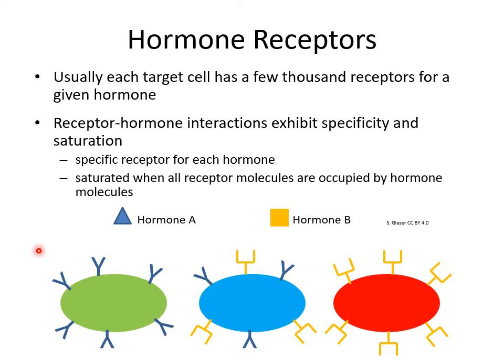And there's a maximum number of hormone molecules that can bind to the cell. There's a certain point where every receptor is bound to a hormone. When that happens, we have the maximum response. The cell cannot respond any stronger to this hormone because every receptor it has is bound and activated. But frequently, only a fraction of these receptors will actually be bound to the hormone because not much of the hormone exists. So there's an ability to have a graded response. With an increasing amount of hormone, you will have a larger response.